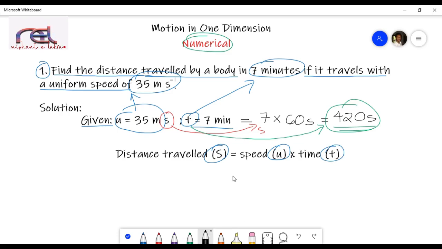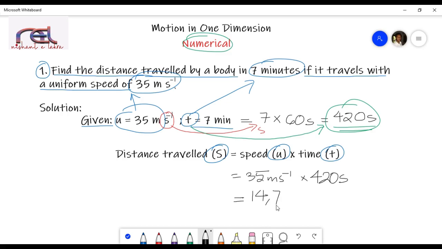Okay, here speed is the uniform speed represented by lowercase u, and distance is represented by uppercase S. So we'll just replace the values here. Okay, speed into time, 35 meter per second into 420 seconds,